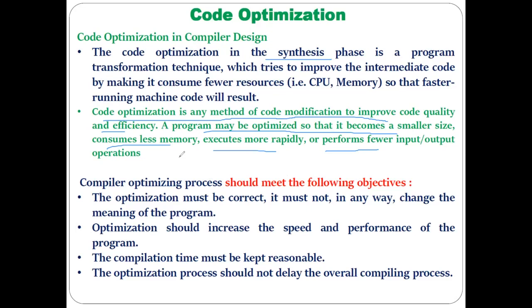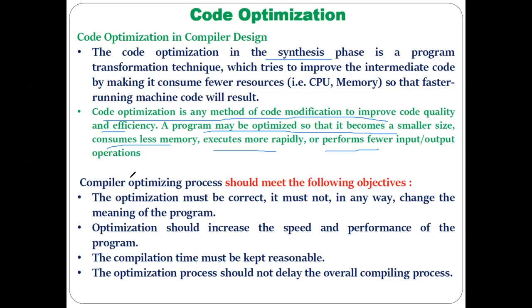Before these lectures we have already seen how code optimization can be performed, like global code optimization, local optimization, and loop optimization. All those code optimization topics, which happen before the generation of the code, we have already discussed. Today we are going to discuss the code optimization phase that comes after the code generation.